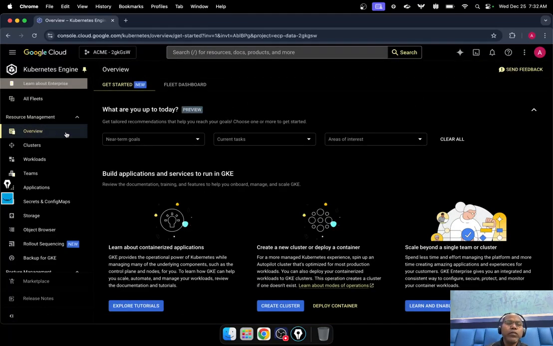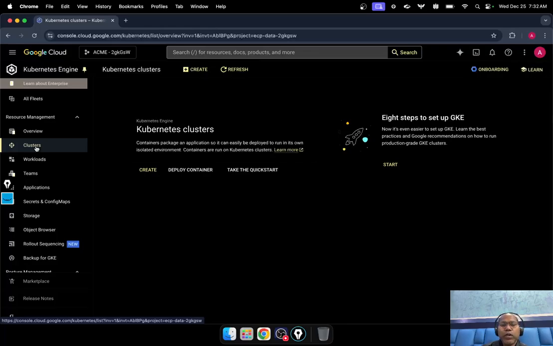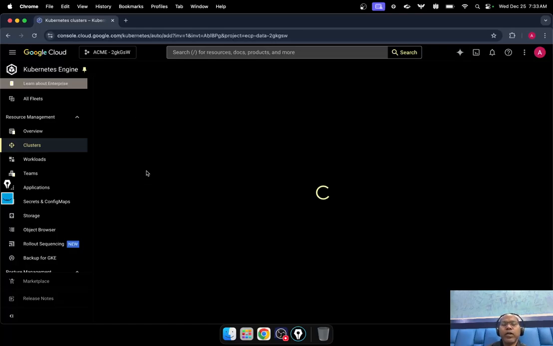So in this compute engine, we have clusters, workload, and everything's here. So let's go to the cluster. Now here are the Kubernetes clusters, and you can create, you can deploy, and you can do everything. So let's try to create one Kubernetes cluster. If you create here,